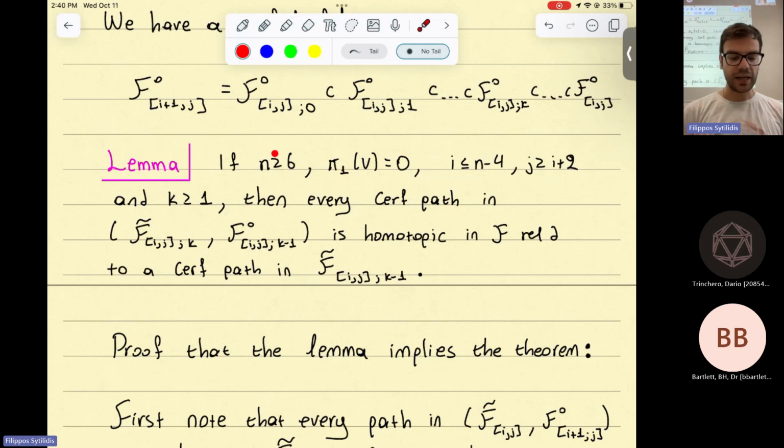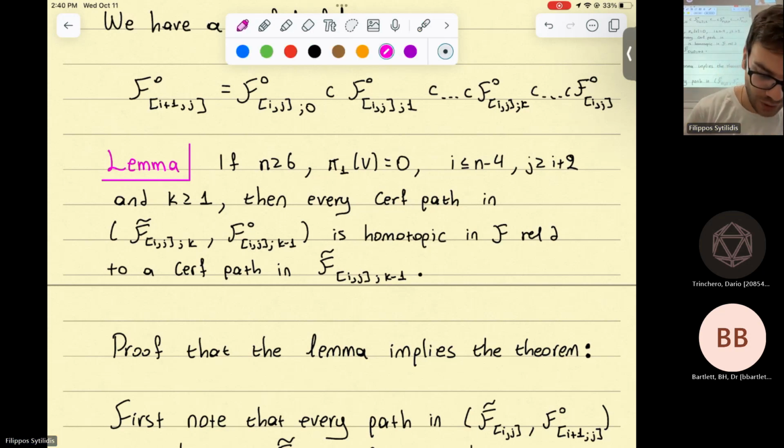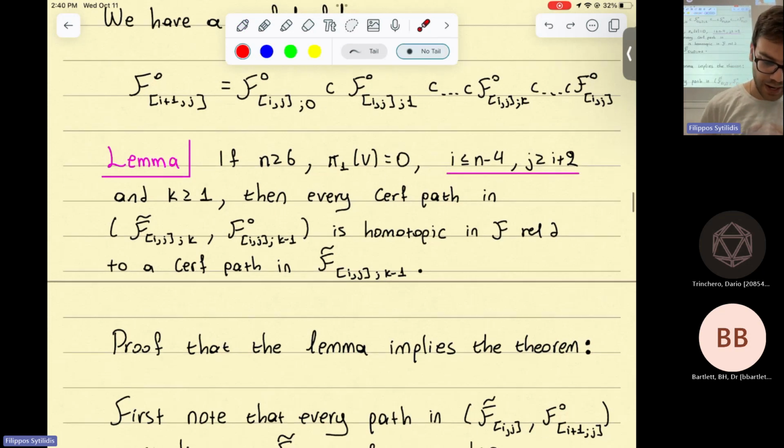If n is big enough, namely greater than or equal to 6, and if V is simply connected, and also if I have these restrictions on I and j, so I is less than or equal to n minus 4, j is greater than or equal to I plus 2, and k is greater than or equal to 1, then every Cerf path